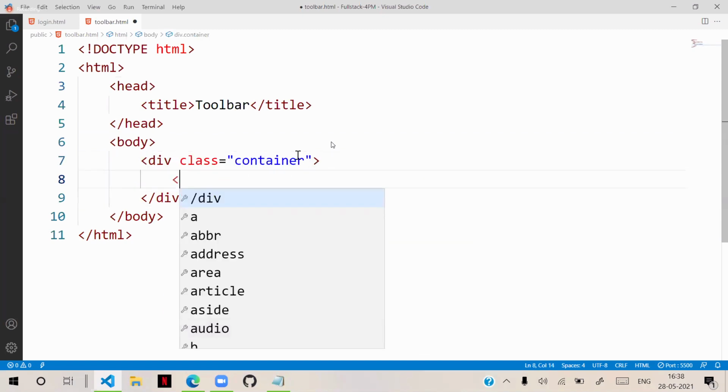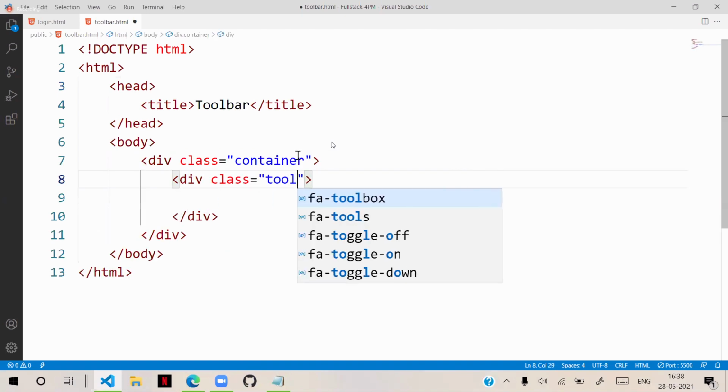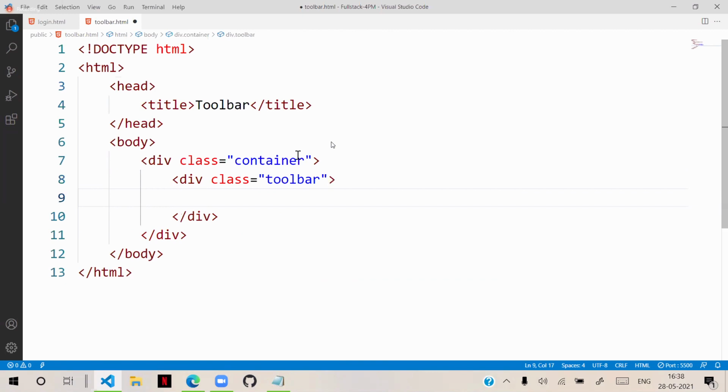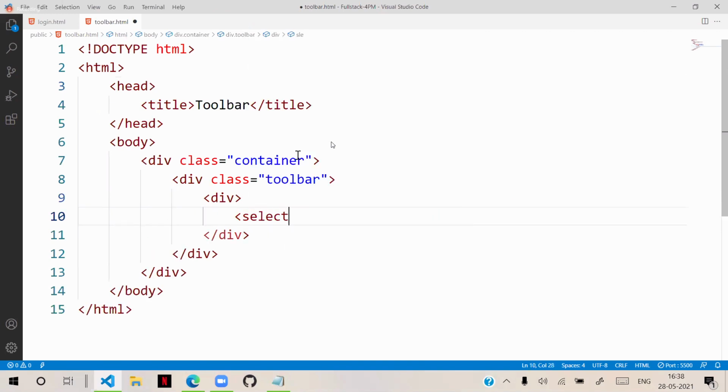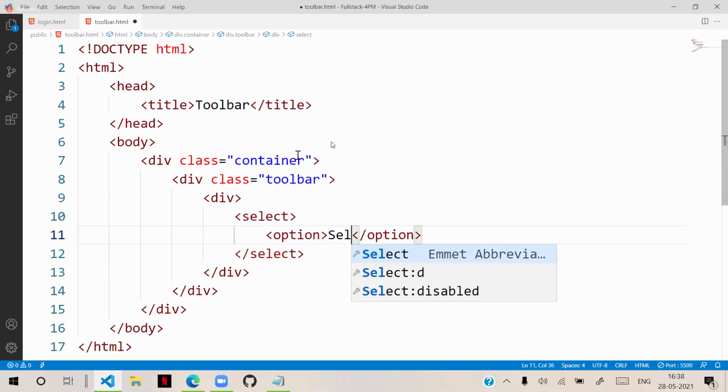And inside that, I will have a div with class toolbar. In this toolbar, we are designing divs. In this div, we have a select, and in the select, you can have an option like select